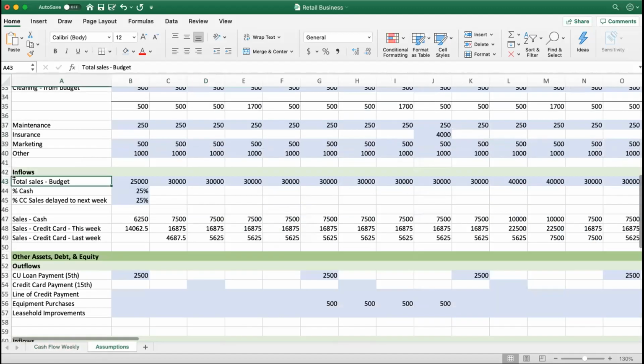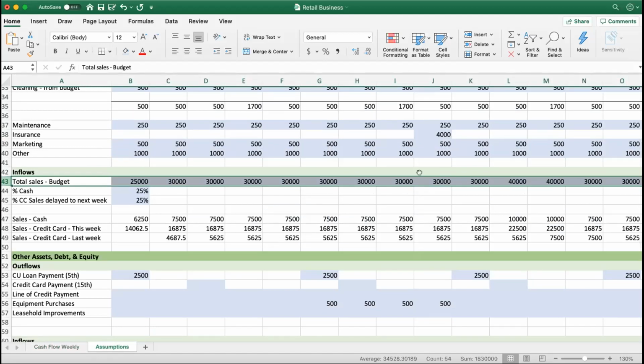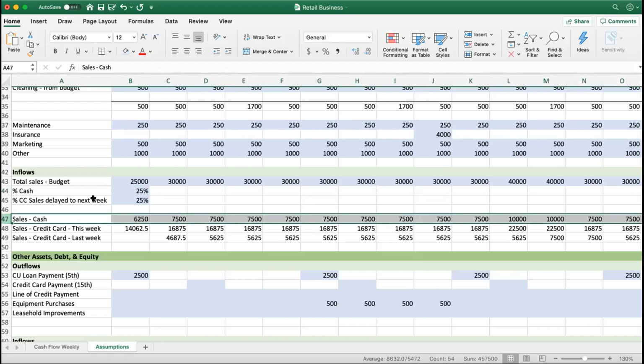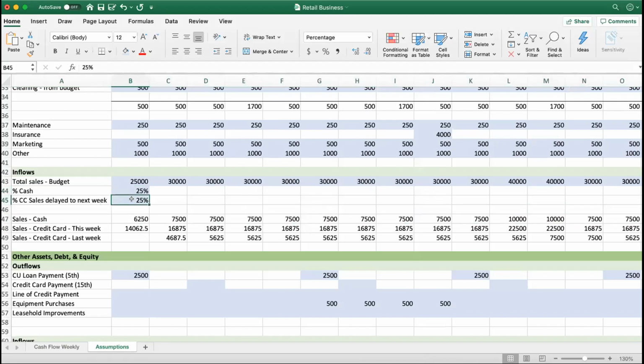So the sales, you can see again, this is where I pulled from a budget and I made an assumption that 25% of all sales are in cash. So I know those are going to come in same day. And for the 75% that's left, which is credit card sales, how much of that are we not going to get till the next week? In other words, how much of it is Friday, Saturday, Sunday sales? So in this particular instance,